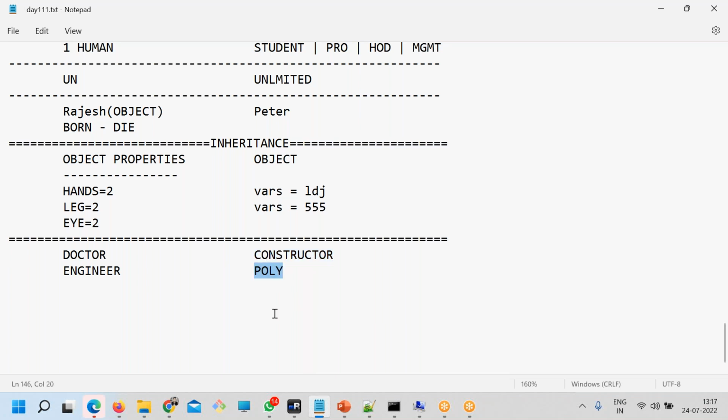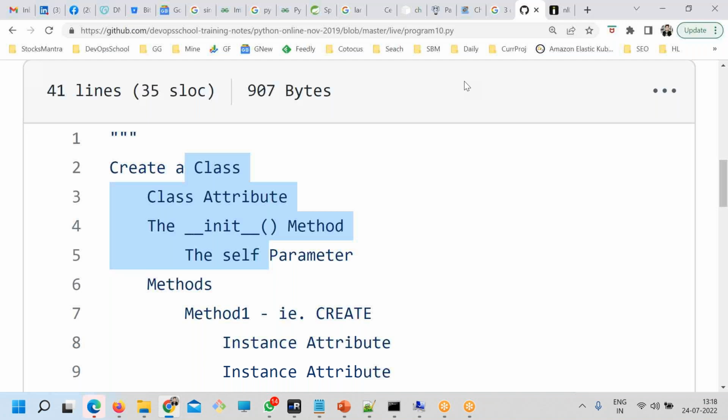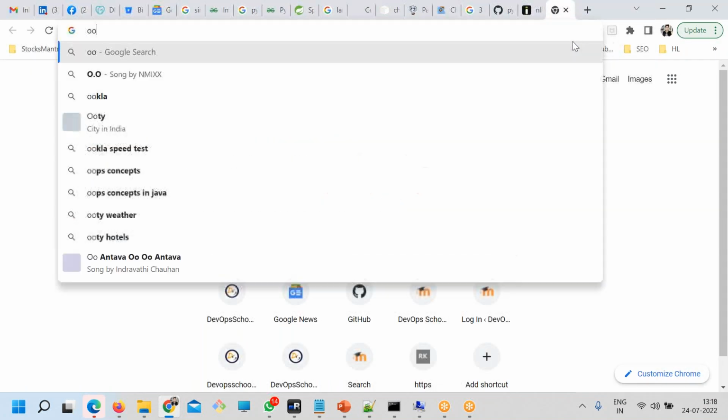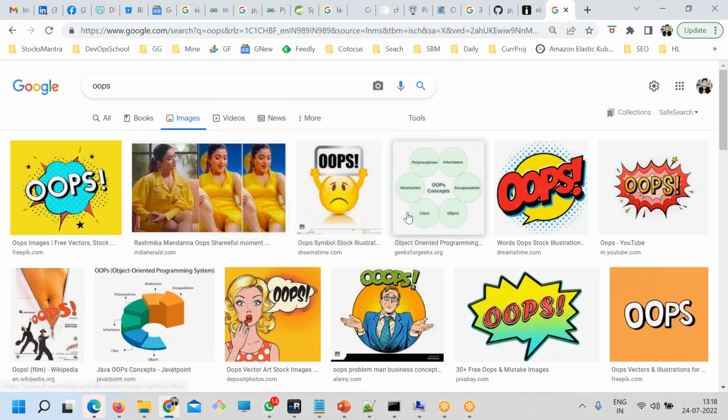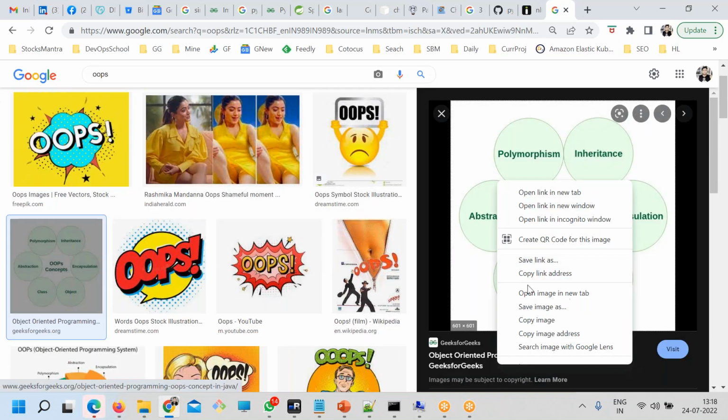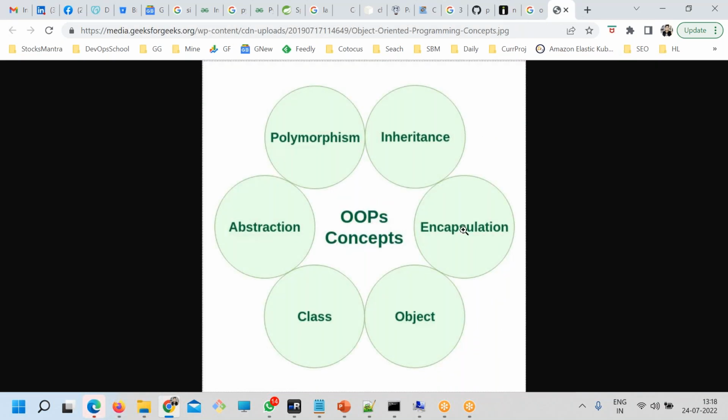Here, what we are trying to say, I'll put it in a simple way, without complicating this stuff. These are the properties of object-oriented programming. That means you have to become a Brahma for the software.